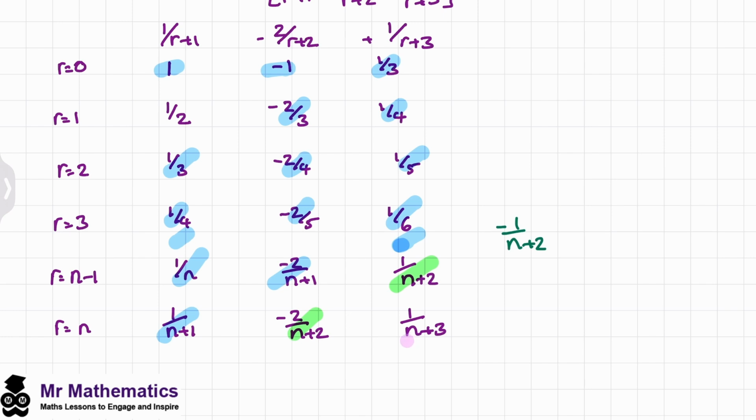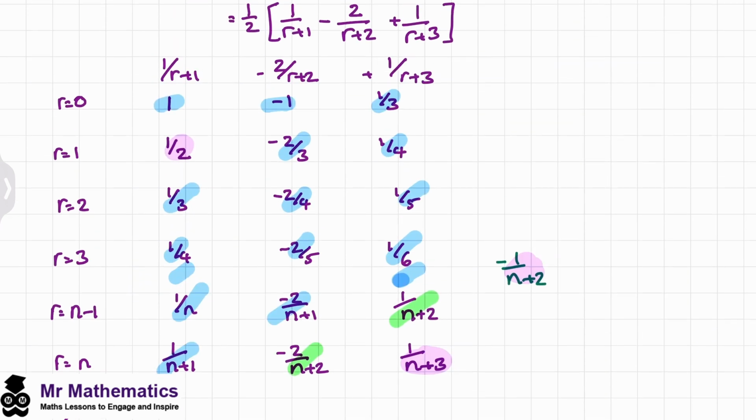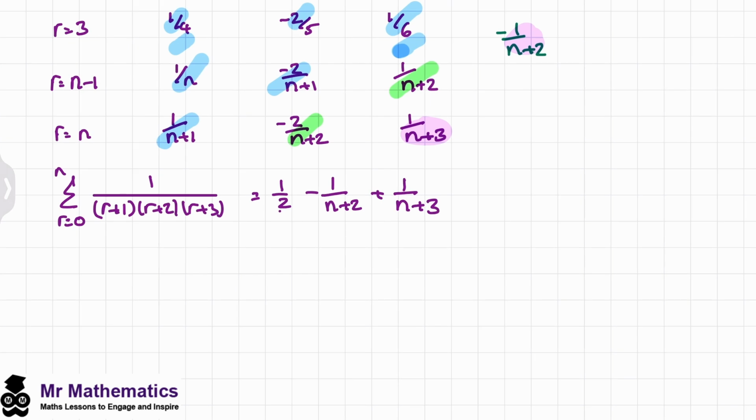And then we need to include this term and this one. And this one as well. So then this will simplify to make 1/2 minus 1/n plus 2 plus 1/n plus 3. Now all we need to do is use equivalent fractions to add these three together. I'll begin with this denominator. So we've got 1/2 minus 2/n plus 2